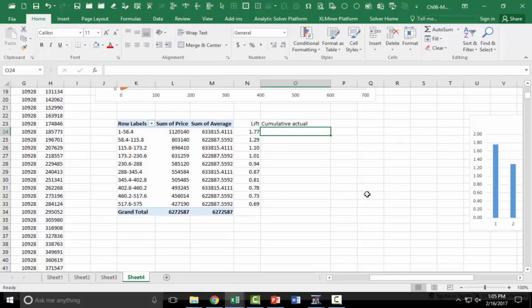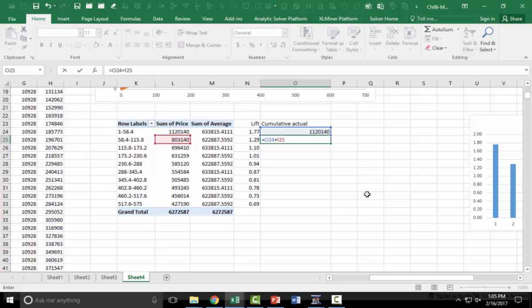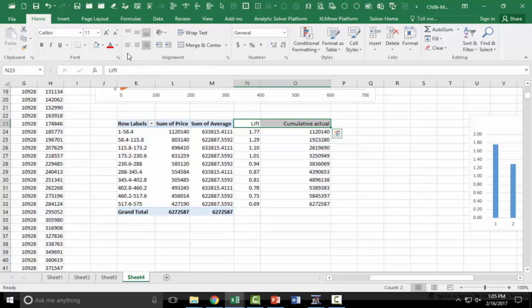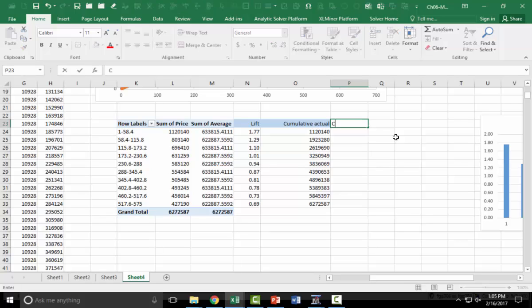It will be like L24 and then plus L25. This gives you the cumulative actual as you go down from the top, and then we have cumulative